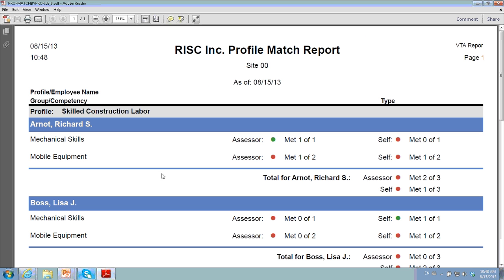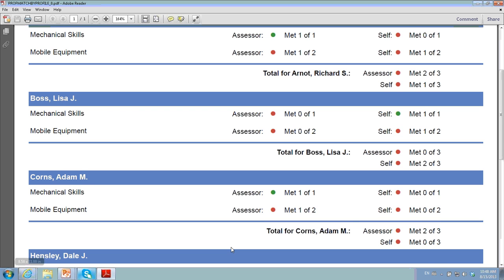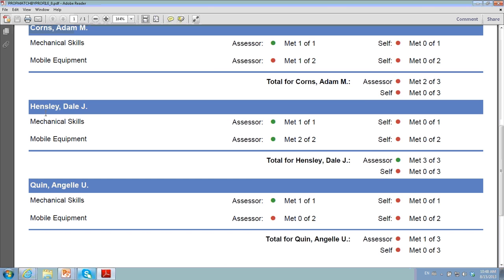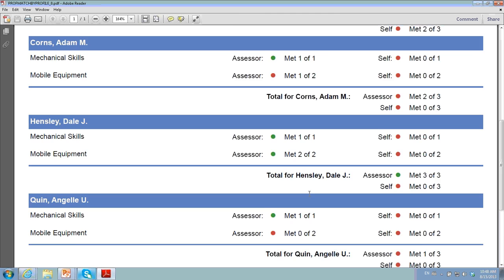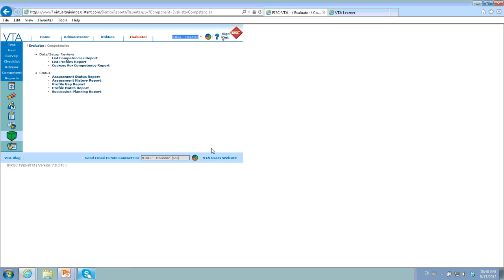So assuming Richard was assigned that, he would have met 1 of 1 on mechanical skills, he would have met 1 of 2 on mobile equipment. Lisa's met 0 of those. Adam has met 1 of 1 of 2. Again, Dale has met everything for that particular profile, at least from an assessor standpoint. He hasn't done any self-assessments there. So again, just looking at matching the assessments that are in my history to the students that I want to assess,